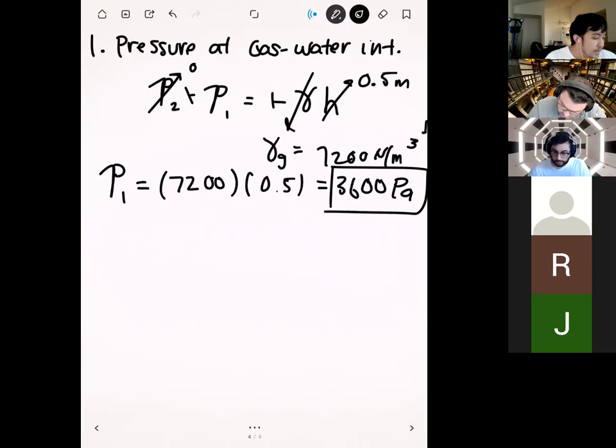And so the reason we got pascals is the meters from the height will cancel out with one of the meters in the denominator for the specific weight, and so we get newtons per meter squared. And another way to express newtons per meter squared is with pascals. Okay. All right. Any questions on that on the first part of the example?